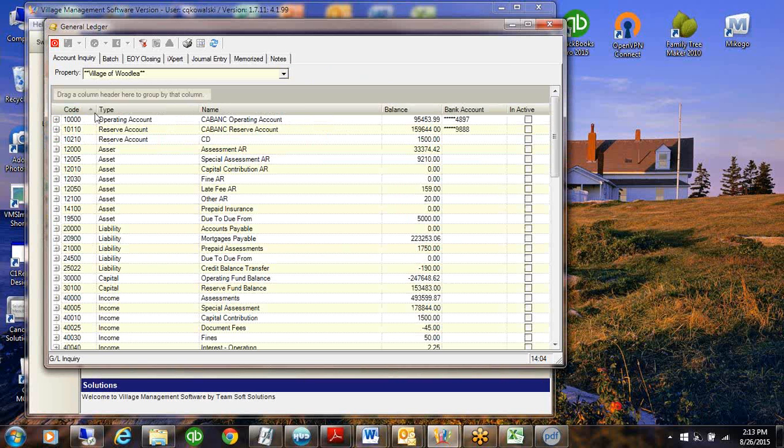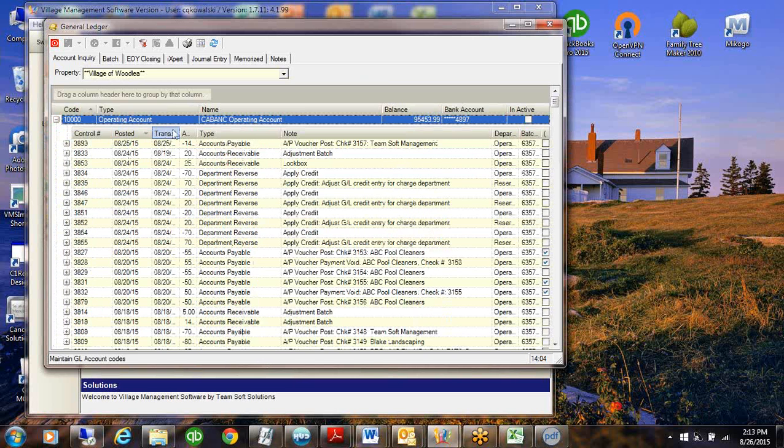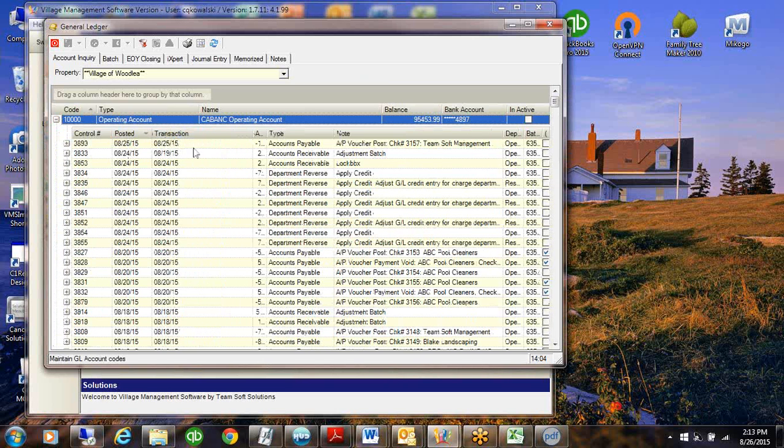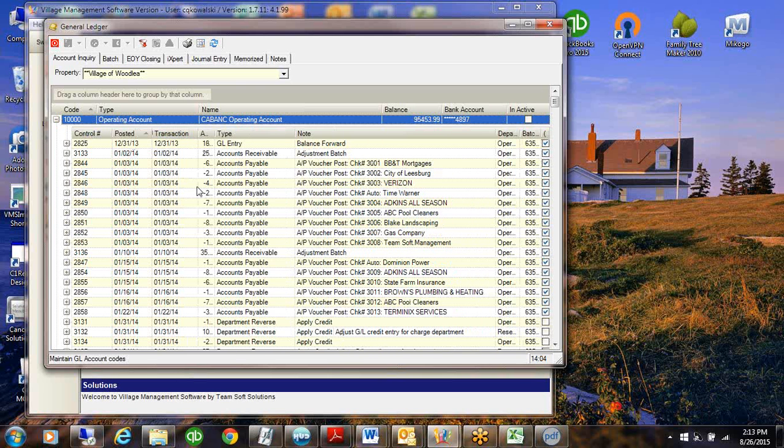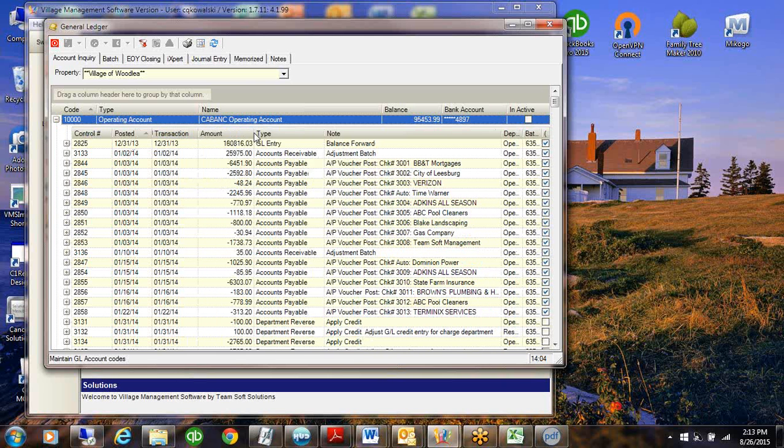So if you looked over your inquiry, when I open any of these up, there are two dates. Remember, I've been talking about this. There's a transaction date and there's a posted date. The posted date is the default or the filter that we use when rendering reports. All the data is filtered by this posted date. Transaction date is more like a reference. You can use it to look for things if you thought that might be a transaction date,